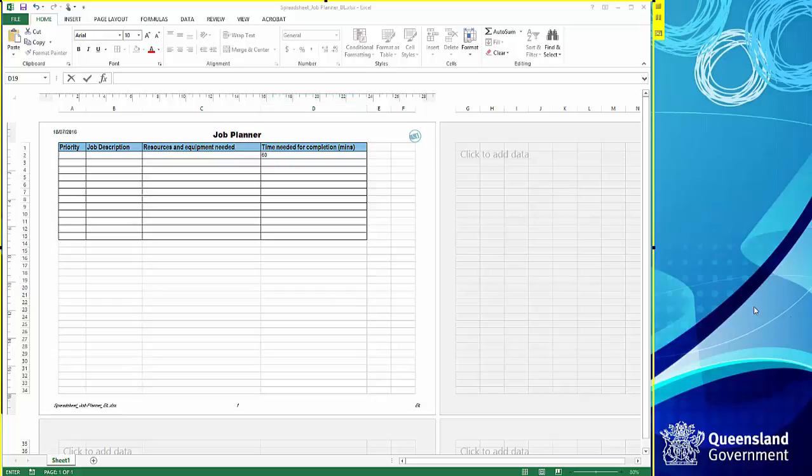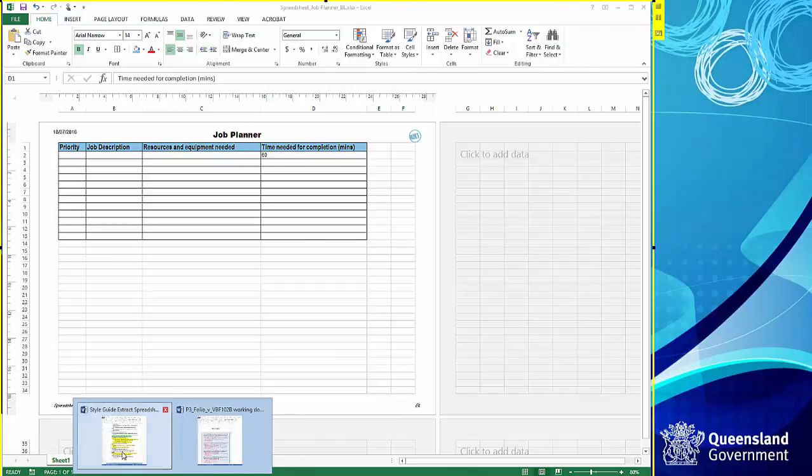Now, when you add the additional words there in minutes, you may find that your table ends up on the following page, or that your whole table doesn't fit neatly on one page. Do not stress at this point if your table does not fit on one page. When we get to